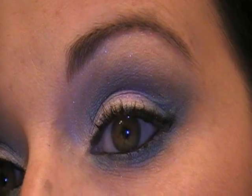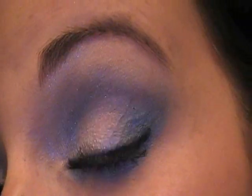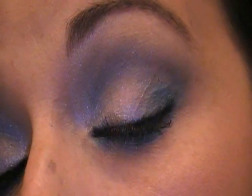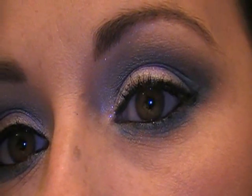Okay, so here's the final eye. Let me get closer so you can see. And it came out really pretty. This will definitely be something good for when she's on stage. And for the rest of my face,